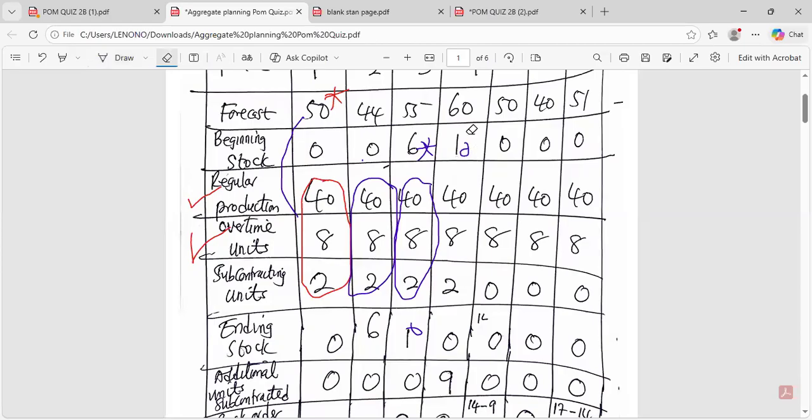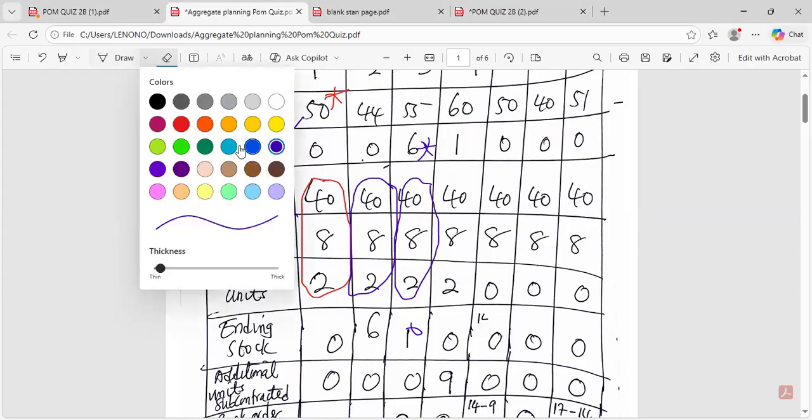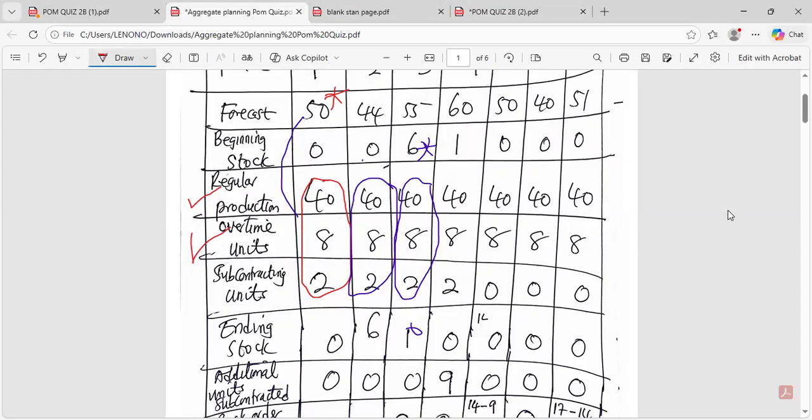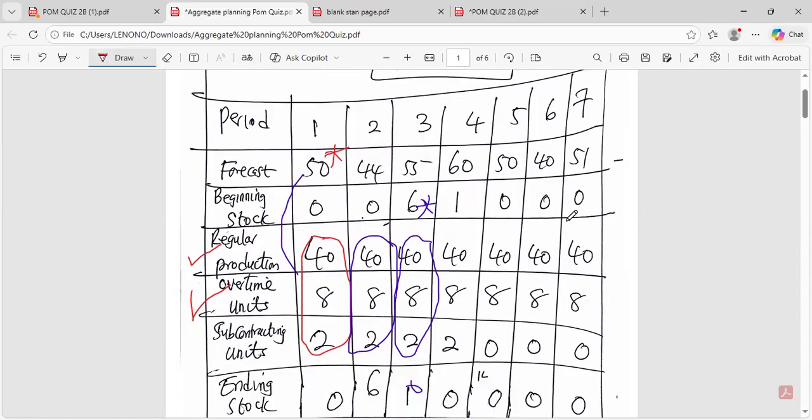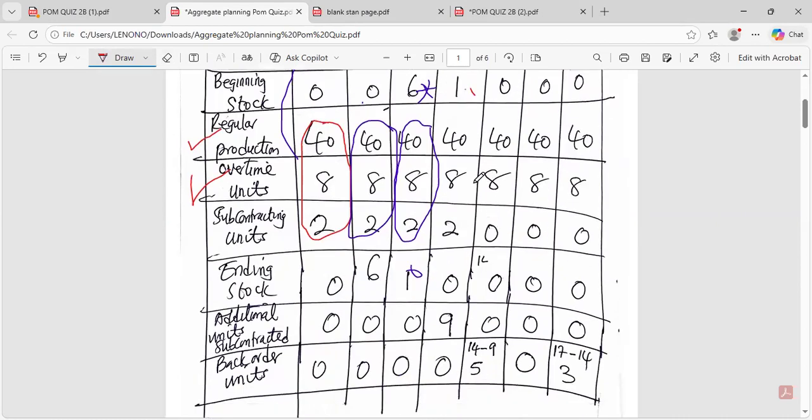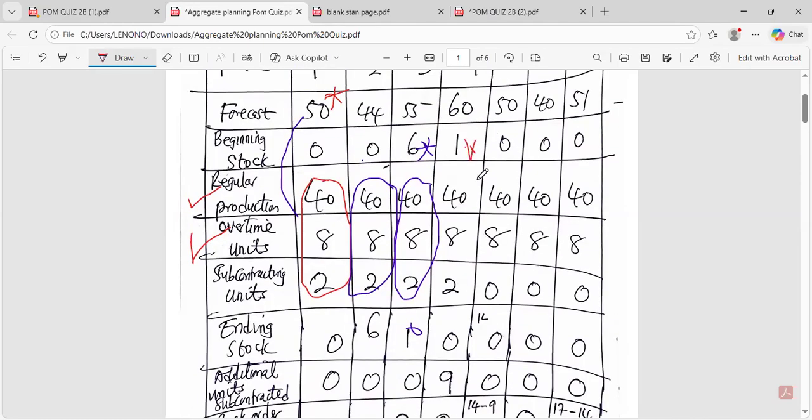As we get down here, we can see that the ending stock for a period is the beginning stock for the next period. So you have the beginning stock of 1 in month 4. So as we aggregate, beginning stock plus the total production here,